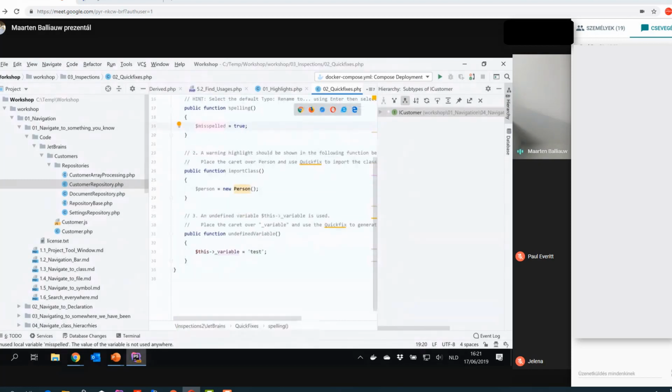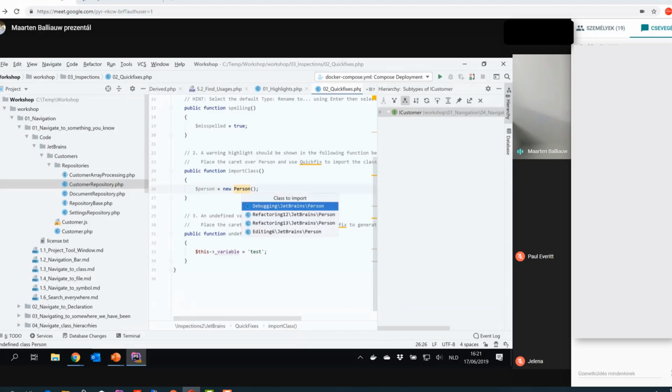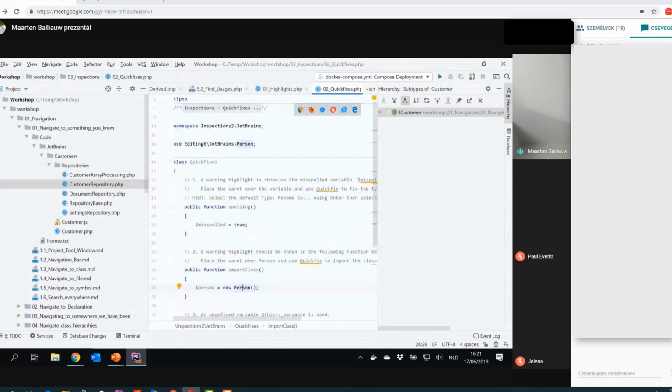Same thing here, you will see this person class, there's a warning because it's in yellow. It tells us that we have an undefined class person. So let's maybe type Alt-Enter and see what we can do. We can import that class because it's somewhere in our code base. And what will happen is that we can select the one to import. So let's take this one, for example, and you will see that this class now resolves, but also that our person is now being used as a use statement in PHP here.